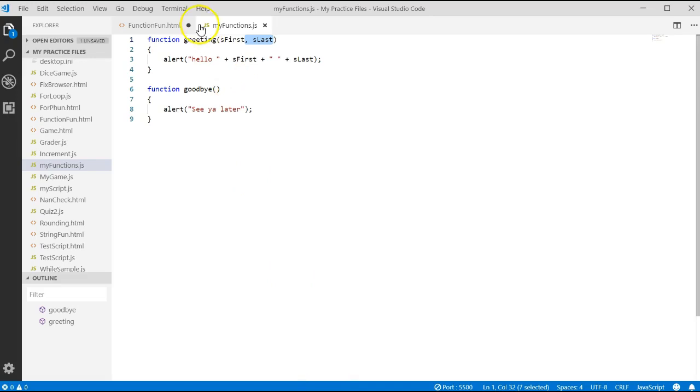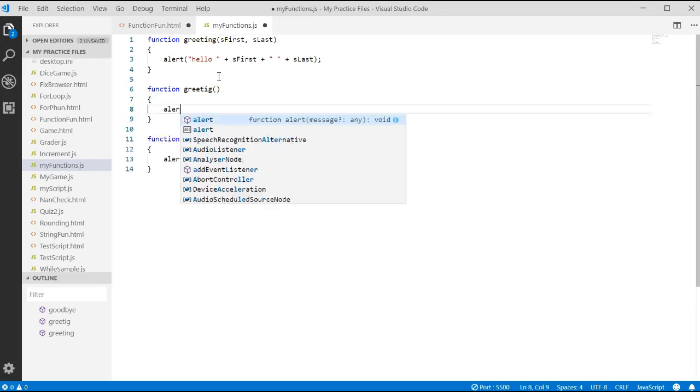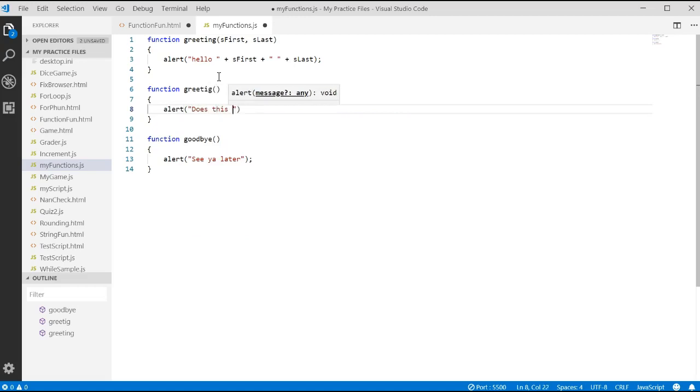And let's come back over to our functions and let's write one more function. We'll say function greeting, and we're not going to pass any parameters this time. Alert, does this work? Question mark. Oops, let's make sure we spell greeting correctly right there. So now we have 2 functions,